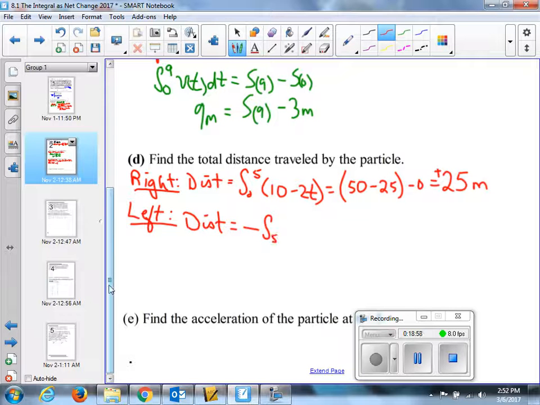5 to 9. 10 minus 2t dt, I forgot that, didn't I? So this is 9 minus 81. Subtracting 50 minus 25. So, I have negative 9 subtract negative 25. No,